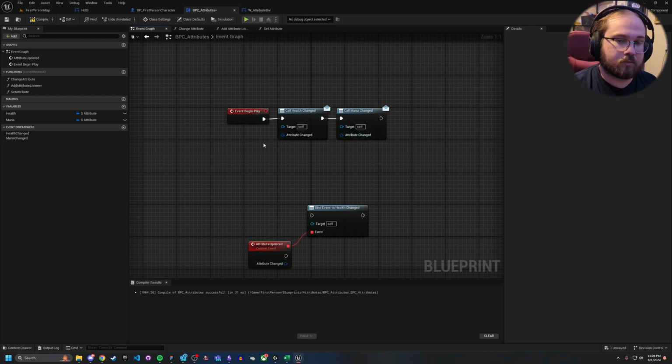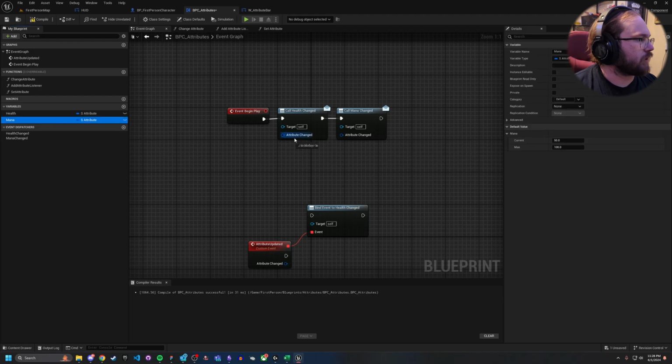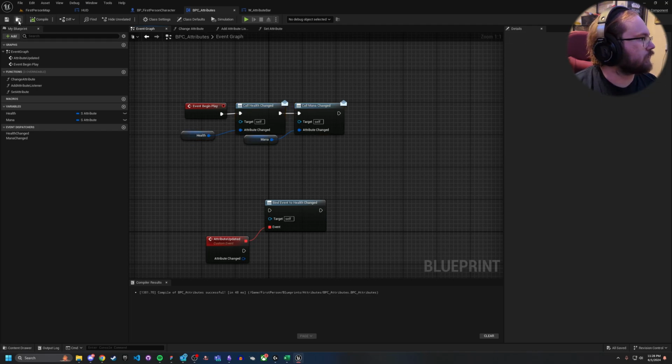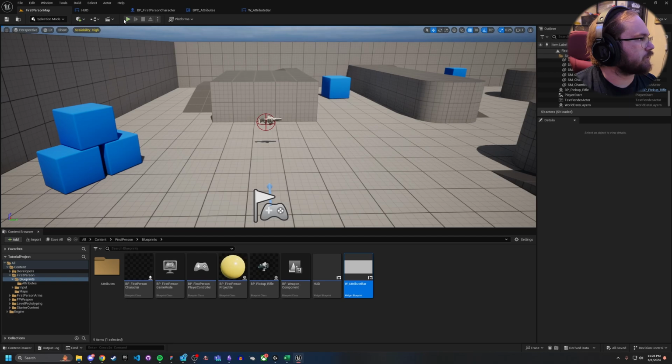Now, if you are loading your game in, this probably will work just fine, because if you think about it, you're going to load in these values before begin play, and you're going to have them load into the player character, and then you're going to start the game. You're going to start the begin play, and then that's when these will fire. So if we go ahead and just hit start,